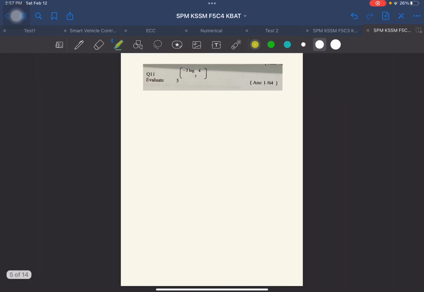So now let's move on to the first KBAT question, where you are asked to evaluate these equations. And as what I said just now, whenever you tackle this kind of problem, it is good to assign it to a variable k so that you can solve it. Okay, so let's move on,